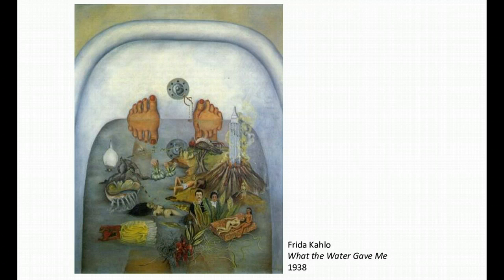And so she has here images of a variety of different things. Her family, the time she spent with Diego in New York. This bird is representative of her. In Firm, this is her broken body. This is a reference to previous love affairs that she had. She was known to be a bit of a bisexual, and the water yielded that kind of reflectivity.